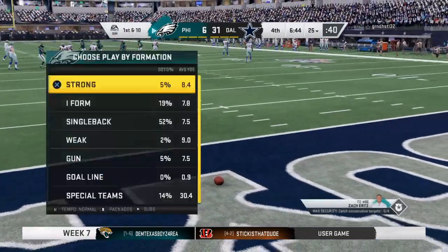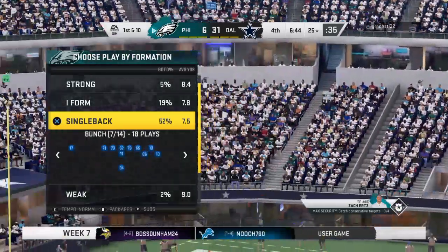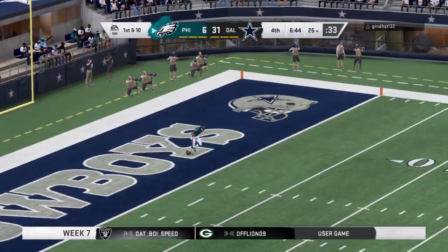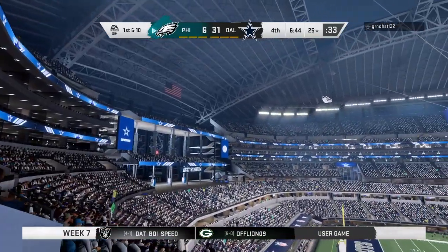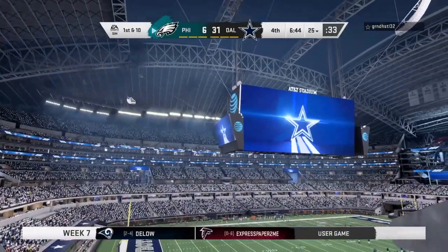Defensively, you said coming in earlier in the broadcast, the magic number was 20 points for you. That's what you thought they would have to hold this offense to, or less than that. And, wow, they've done that in a big way, haven't they? And not only have they done it, they put themselves in a great position to win this one because holding them down was paramount. If they could get it done,